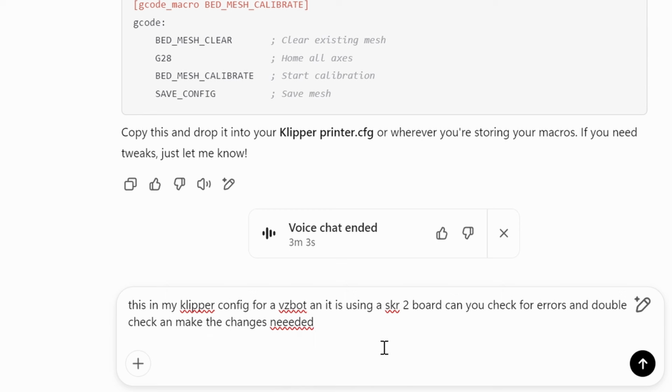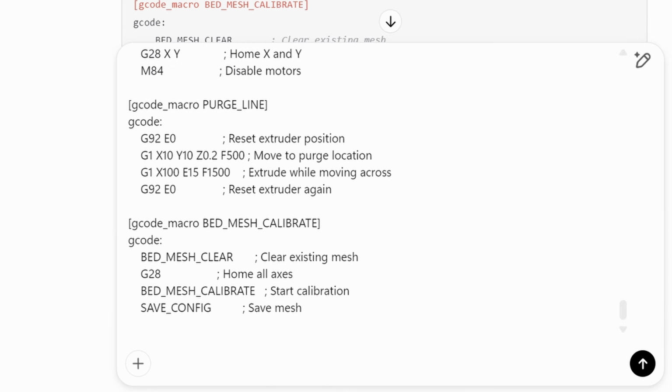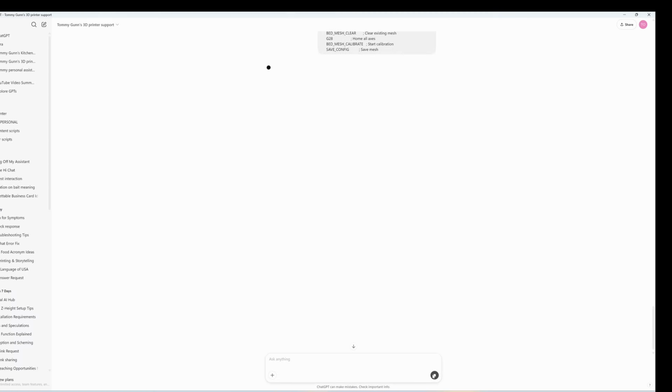All right, so did I paste it in yet? No, I'm going to give a space over here, and I'm going to hit paste, and there is my code. Okay, I haven't hit a button yet, so it's all there. Let me hit enter. So all right, I'm going to go through Klipper config,